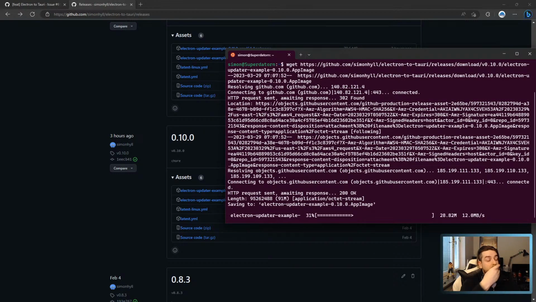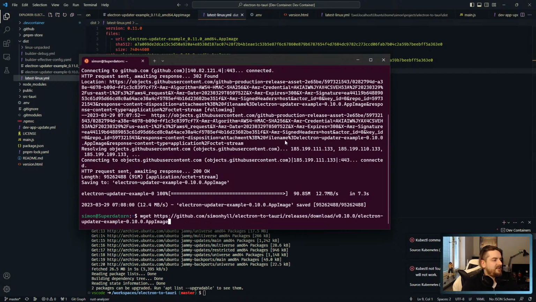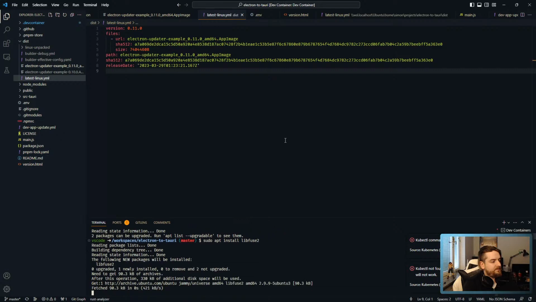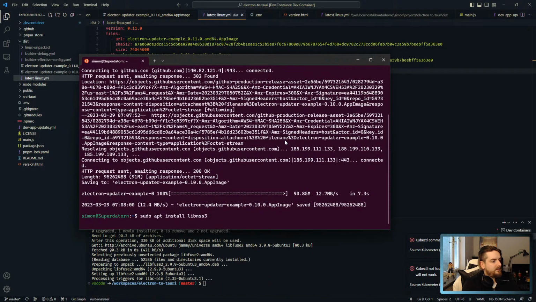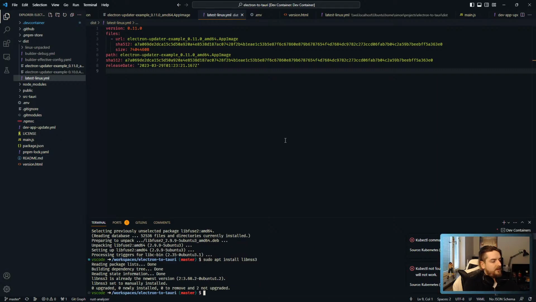And this is just the built version, so we're not going to run it in the dev container because there were dependencies. Do I have the dependencies still up here? Yes, libfuse2, sudo apt install libfuse2 and libnss3, and then we should be able to run dist/electron-updater 0.10,